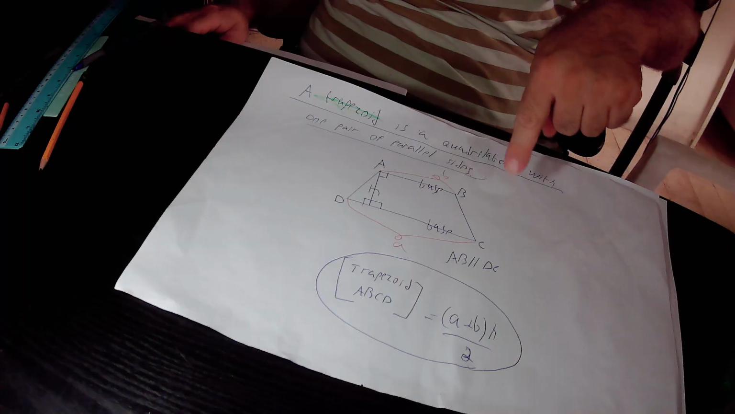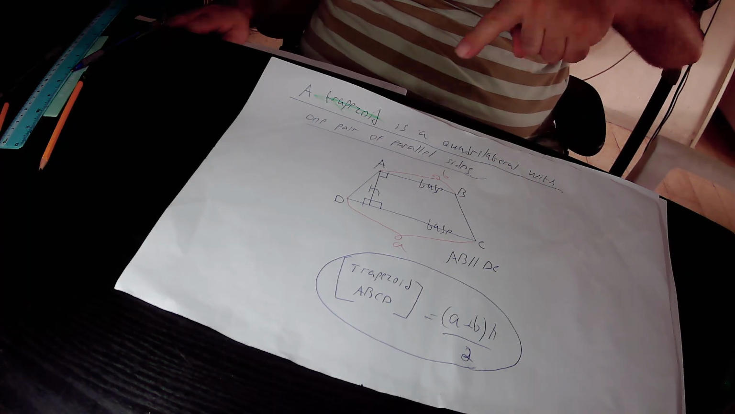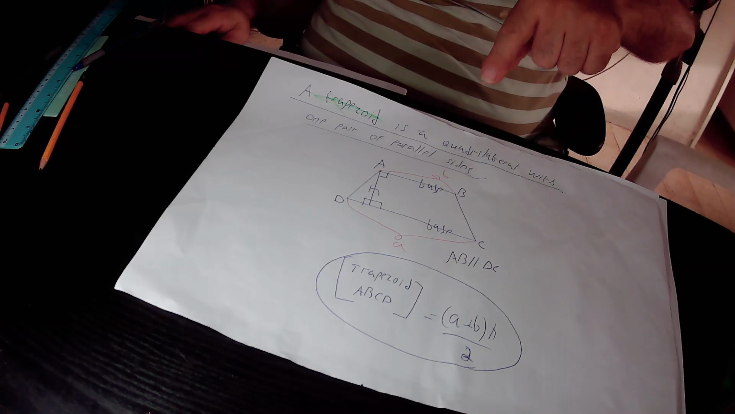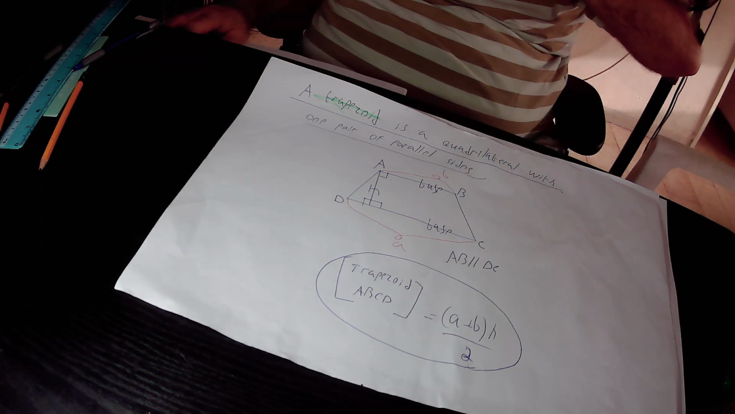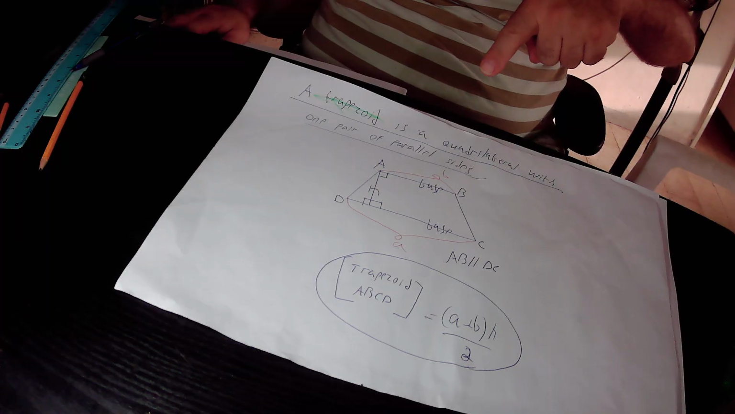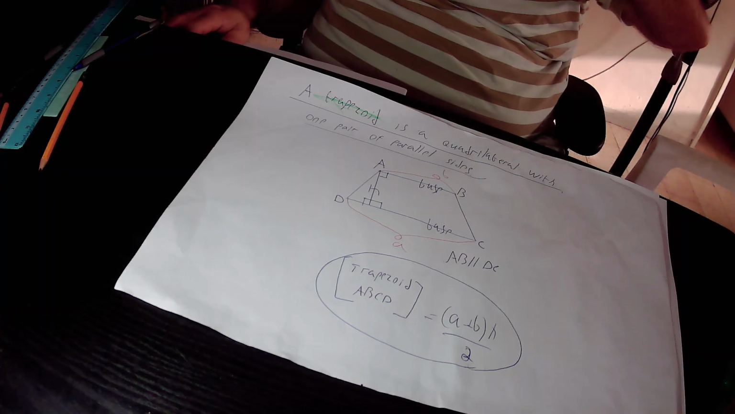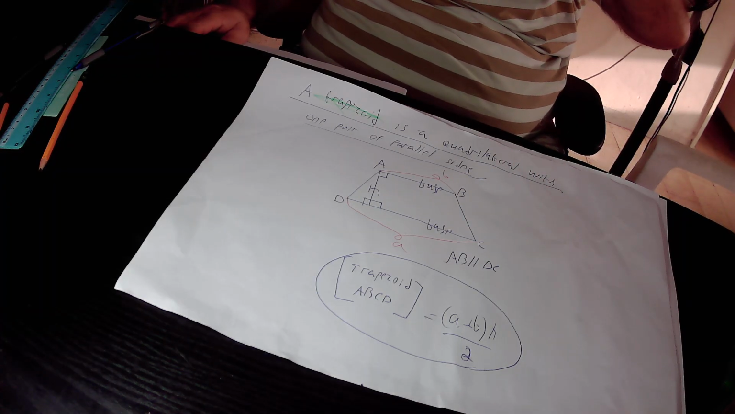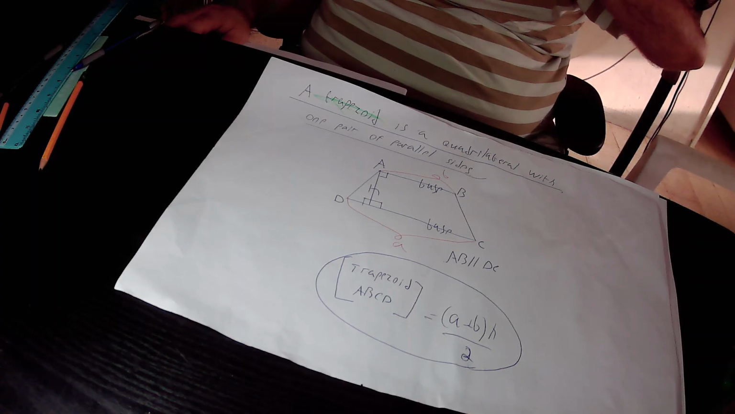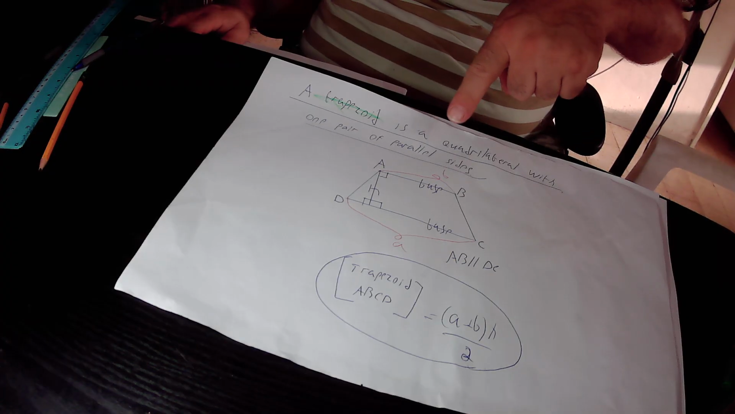This is trapezoid ABCD. In this trapezoid ABCD, side AB is parallel to the opposite side DC. Those two parallel sides are defined as the bases of this trapezoid ABCD. So the base AB is parallel to the opposite side DC, and the area of this trapezoid ABCD is equal to the sum of its two parallel bases times the height over